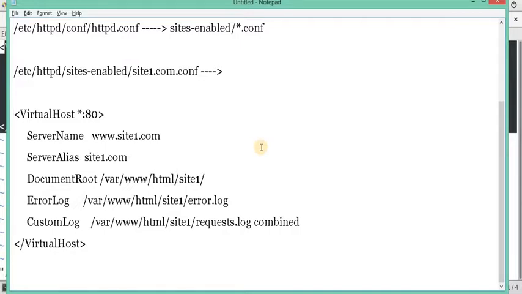That means we have to listen for the virtual host at port 80, and if the server name is site1.com or www.site1.com, then we have to go to this row where